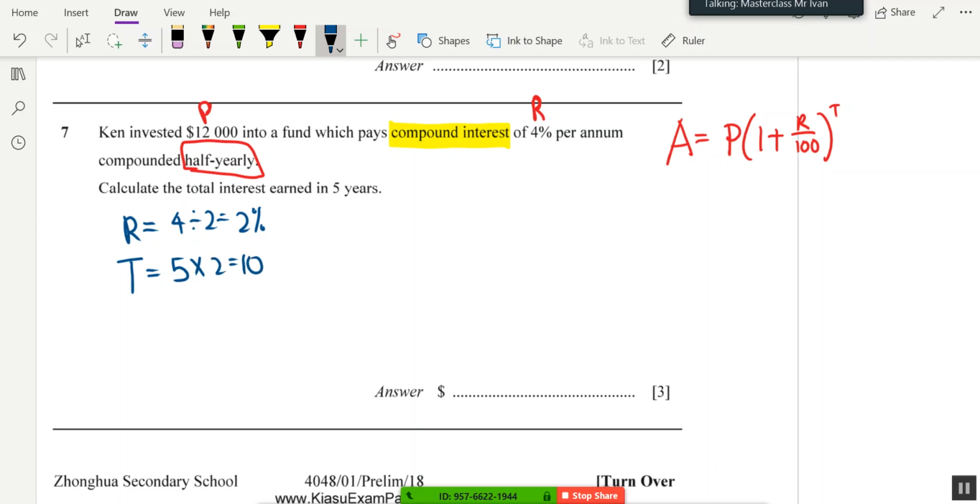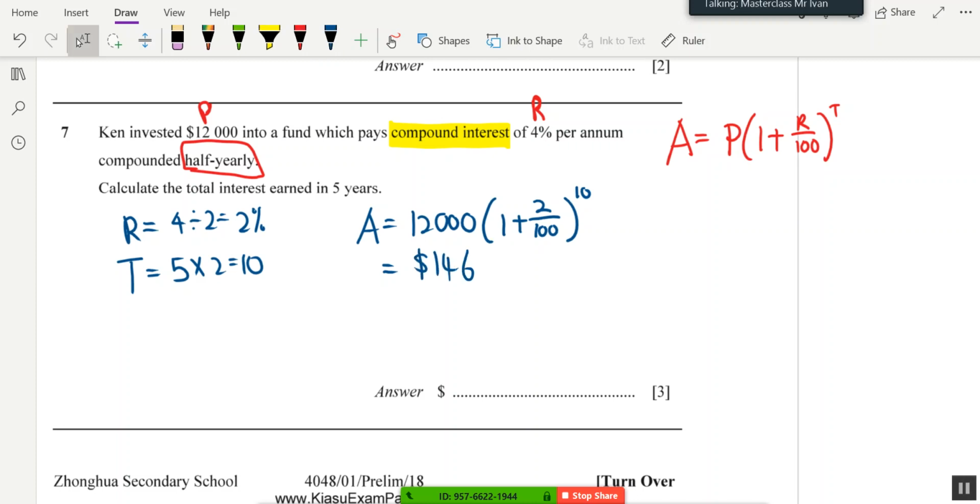Understand? When you compound half yearly, your interest must divide by 2. Your time must times 2. When you compound quarterly, your R must divide by 4. Your time must times 4. Then now you can put everything inside. So A is equals to 12,000 bracket 1 plus 2 over 100 to the power of 10. Use your calculator to find out what it is. 12,000 bracket 1 plus 2 over 100, to the power of 10. And then you will have